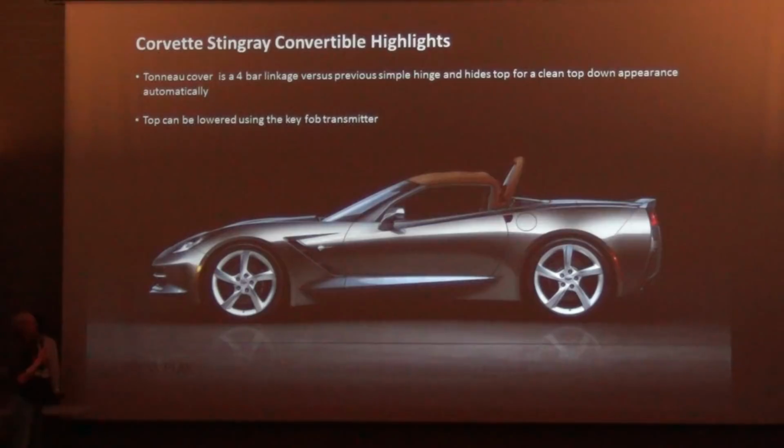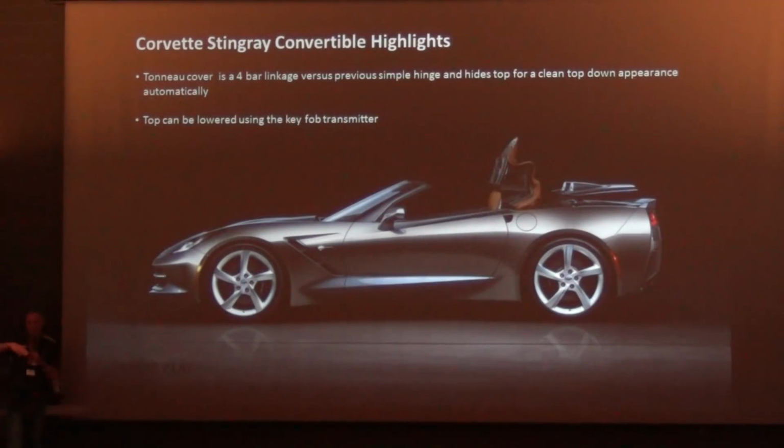And you can see by not putting the tonneau the way it opens up today, it's not a big air catcher, and that's one of the reasons we can make the top operate while in motion. You can actually lower the top with your key fob